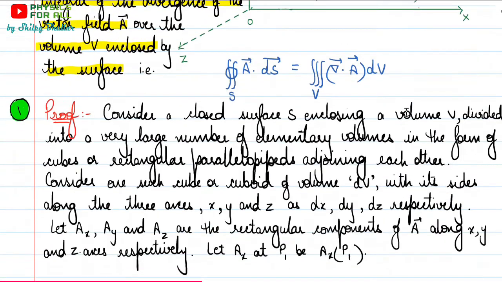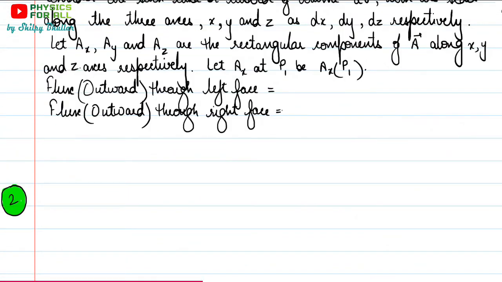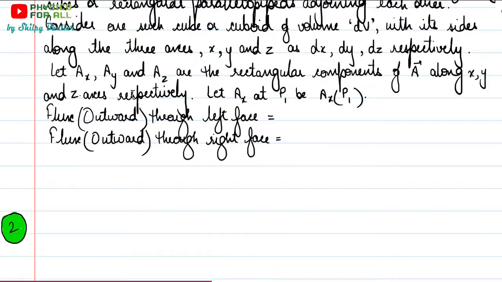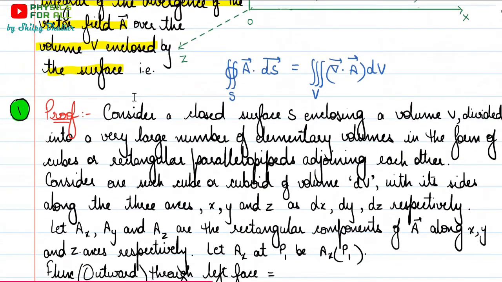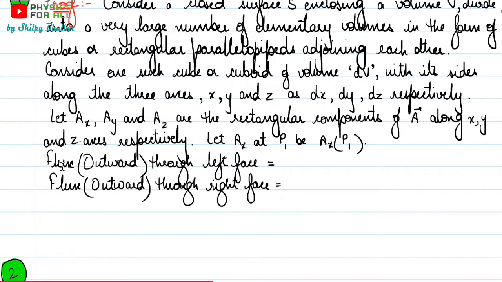Let's write it down. As we discussed in our previous video, the divergence of any vector tells us the total outward flux per unit volume from the point that we consider. So that's why whenever I have written flux, I have mentioned outward flux specifically, because divergence always talks of outward flux per unit volume. So if we talk here about flux through left face and right face,